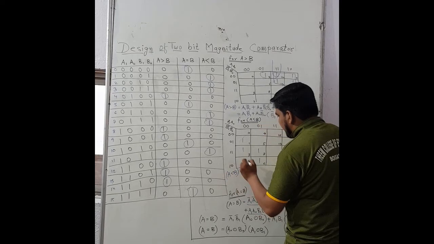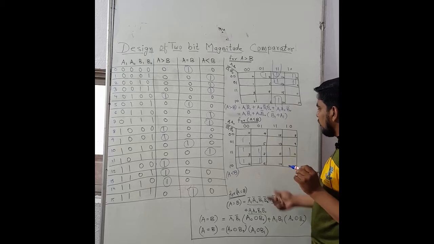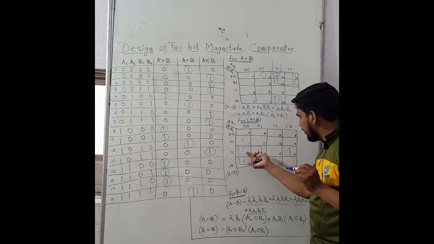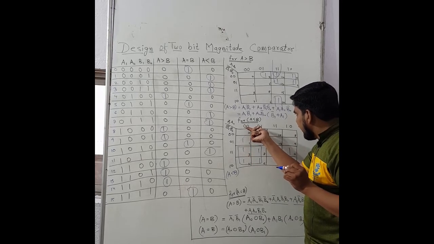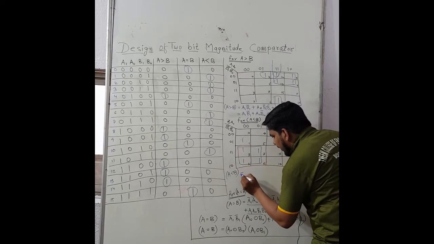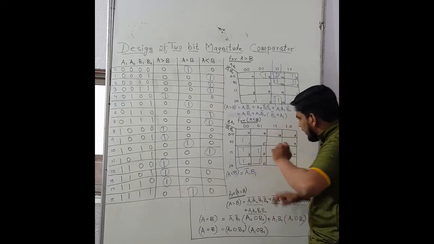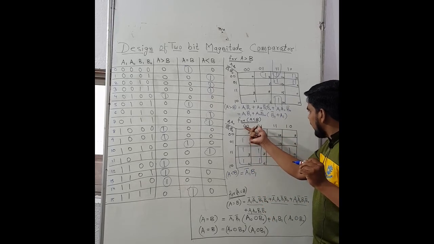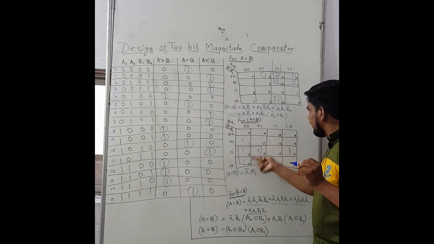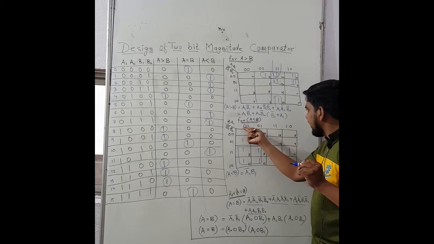For this, the output expression will be: make a group of these 4 min terms. We are getting the output expression. Can you tell me what is the output expression for this? It is A1 bar into B1. For these 4 cells, A1 bar into B1. Is it clear how A1 bar? A1 bar from this side and this A1 bar will become A1 bar. A0 bar and A0 will get cancelled. Only from the upper side we are getting A1 bar.